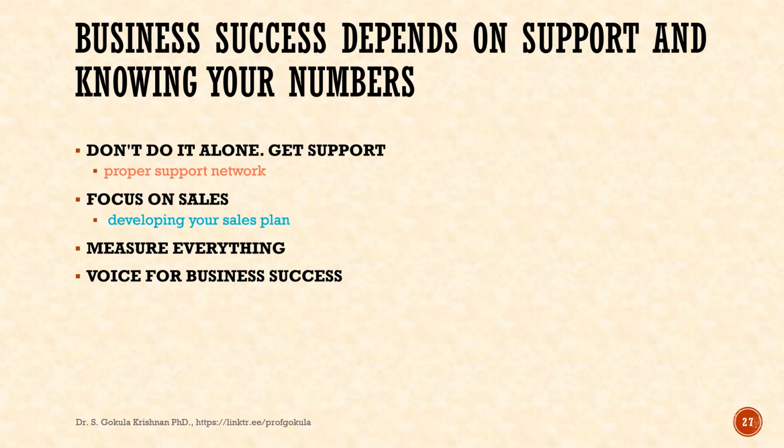And the final key factor on which business success depends is knowing your numbers. Always keep on saying, okay, you can state these figures, this is what is happening, these are the things that are there. Always emphasize this among your stakeholders when you present, your employees and the stakeholders also, and then you will be able to attract more investment in your business. So these are the four major key aspects you need to look into when it comes to metrics in your business, or the role of numbers.